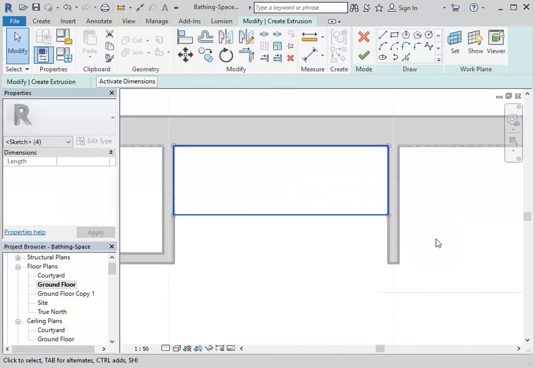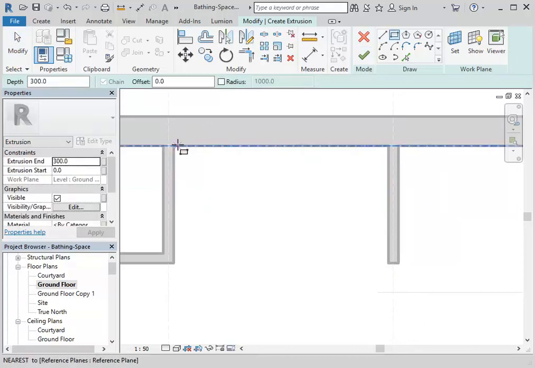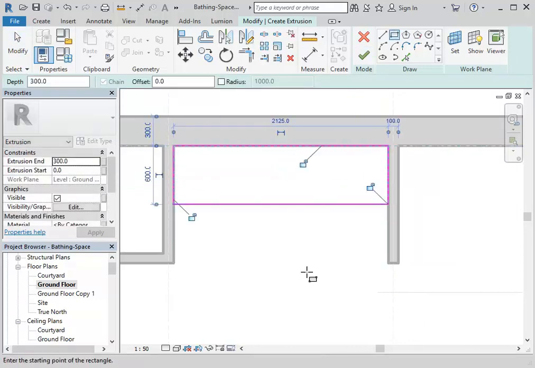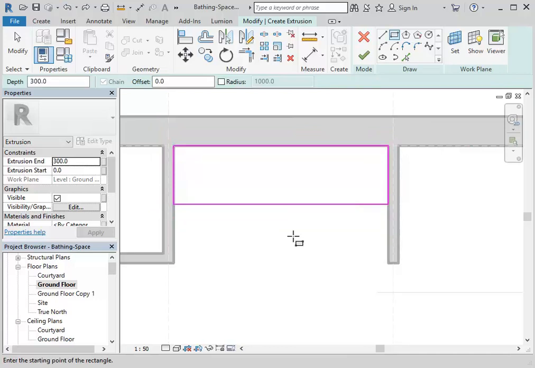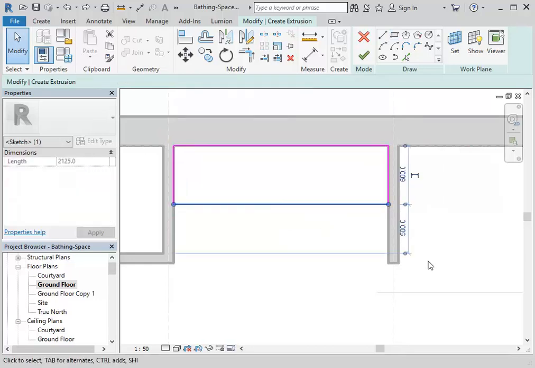I might just show you again. If I did what you might be thinking of and changed it straight away when it gave me the measurement, I'll change it to something else, let's say 400. Notice how it's brought the top line down. I don't want that. And you can't know which side you want to move. So that's why it's always better to cancel and then select the line you want to move